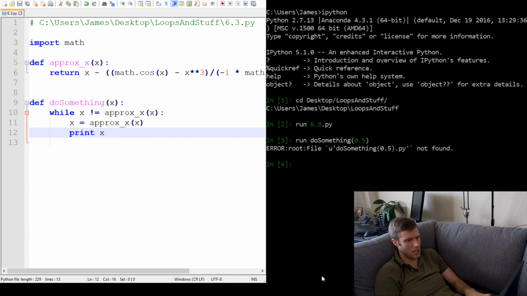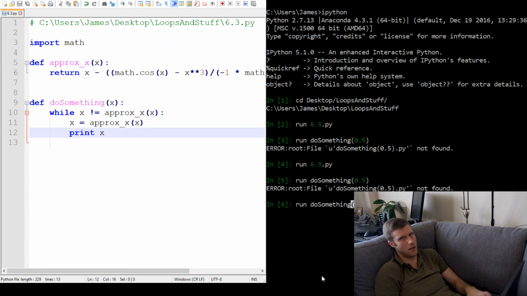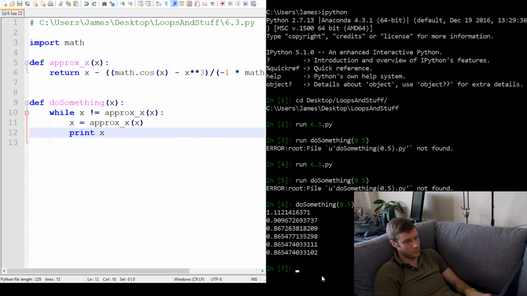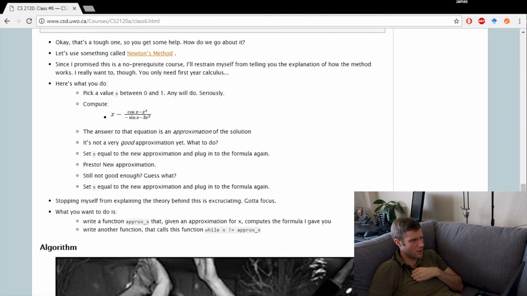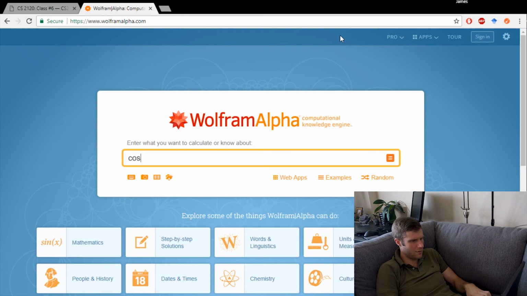So let's run. Oh, what did I do wrong here? Do something. Oh, I'm saying run. Let's ignore that. There we go. So we keep going, and I guess we get the value 0.86547. Is that right? I know Wolfram Alpha will let me know, so I'll go there and figure out when